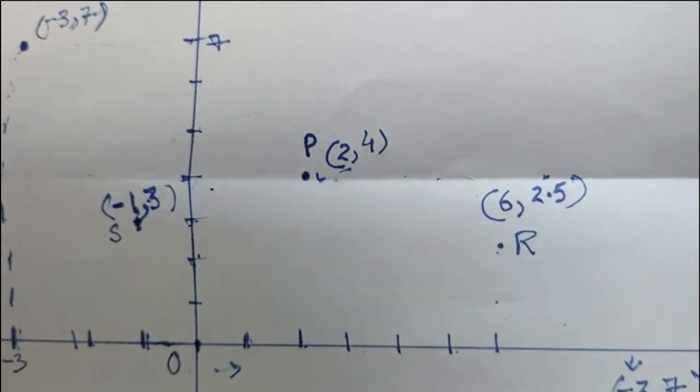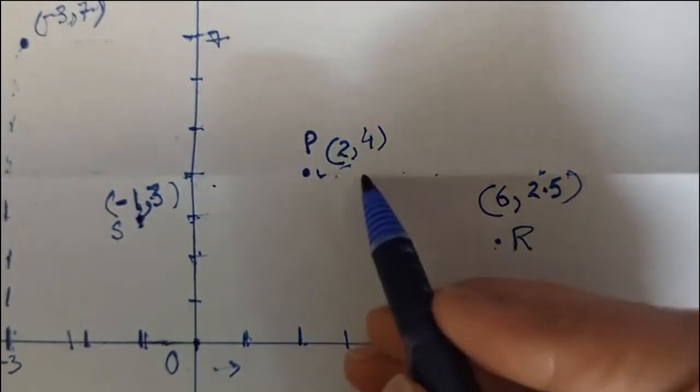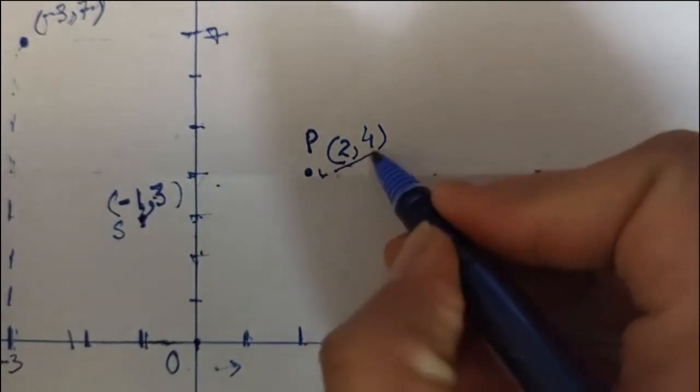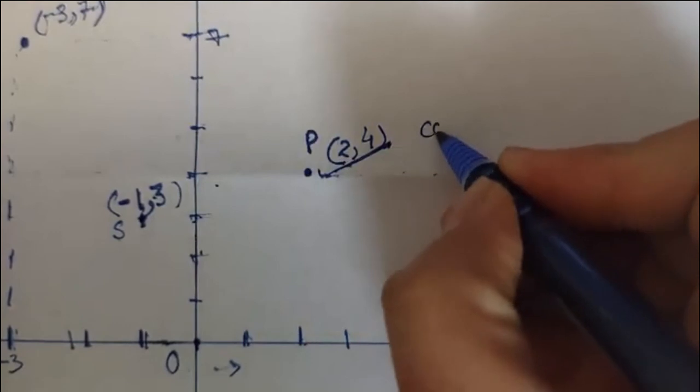So position in one dimension is given by one number only, because when we are locating a point on a line only, we just have to say either left or right and by how much. But when we are locating a point in a plane, we have to say right, left, and also upwards, downwards. So these are called position coordinates of any point, collectively called coordinates.